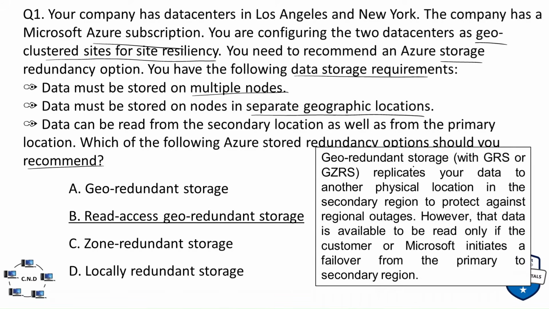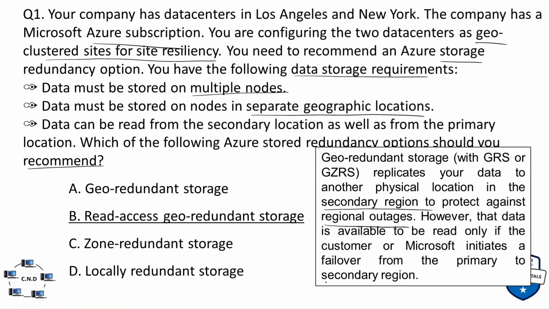So the geo-redundant storage, GRS or GZRS, replicates your data to another physical location in the secondary region to protect against regional outages. However, that data is available to be read only if the customer or Microsoft initiates a failover from the primary